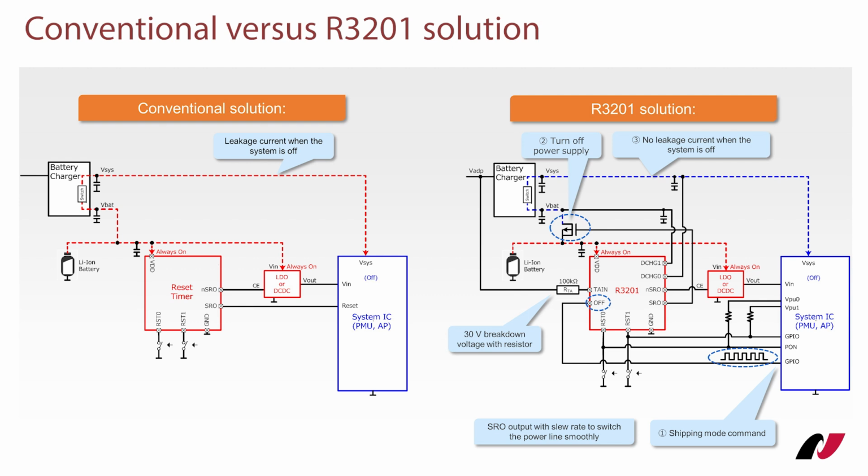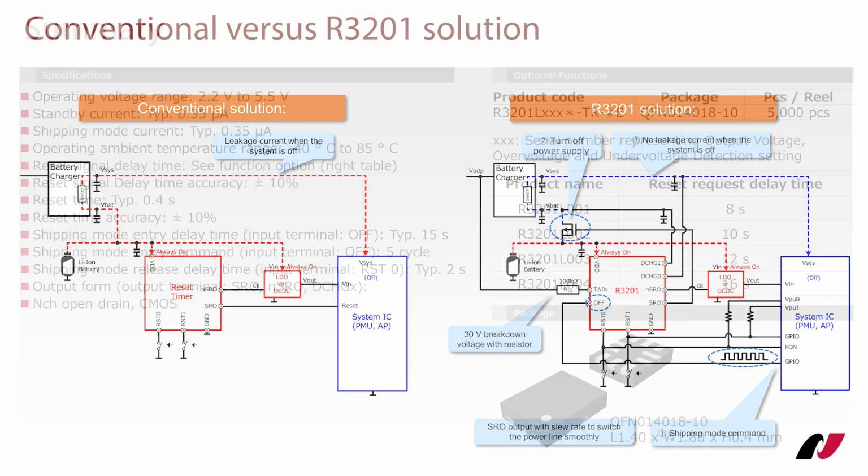The conventional circuit is a simple solution, providing a reset cycle only when the two RST inputs are activated. On the other side, a much more advanced solution, including the same reset feature, but also an additional shipping mode and two discharge outputs. Despite the additional features, it still requires only a few extra components.